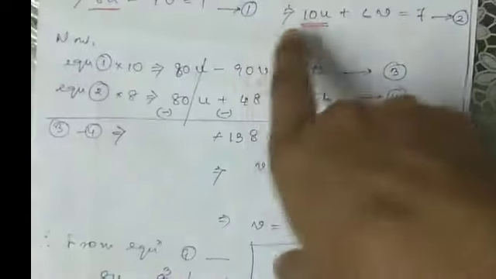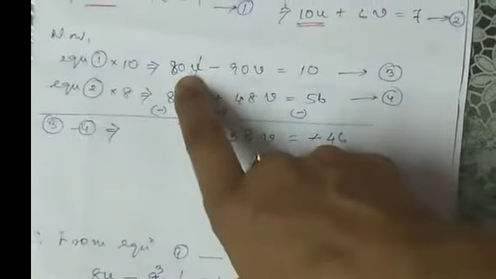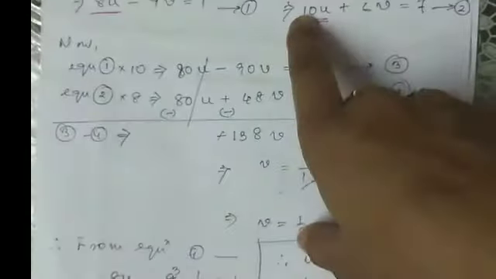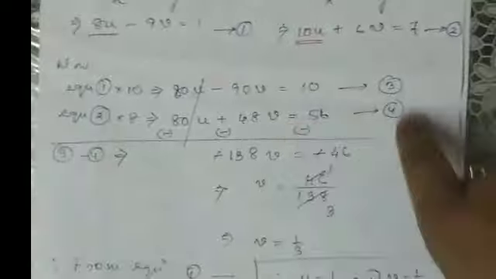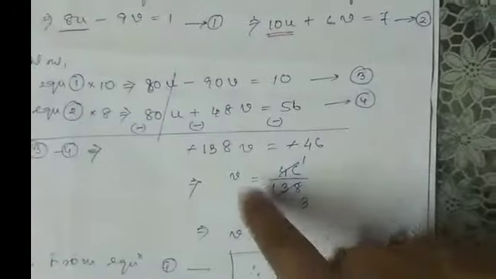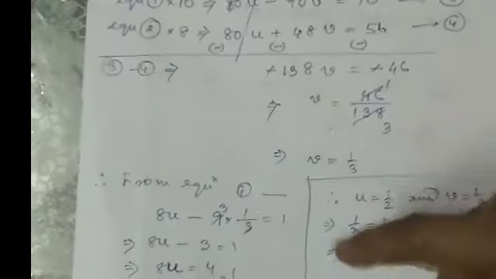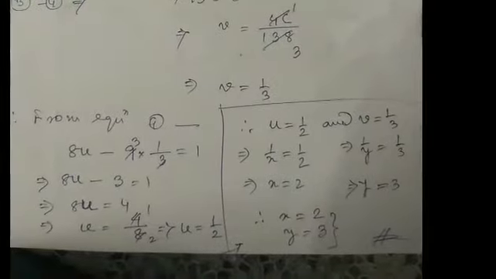Now both the equations have 80u, here also 80u, but both have the same sign. So for cancellation, these two equations have to be subtracted. If here is negative and here is positive, or here is positive and here is negative, then we can add both our equations. Now after subtracting, we have got v equal to 1 by 3, and this v equal to 1 by 3 by substitution method